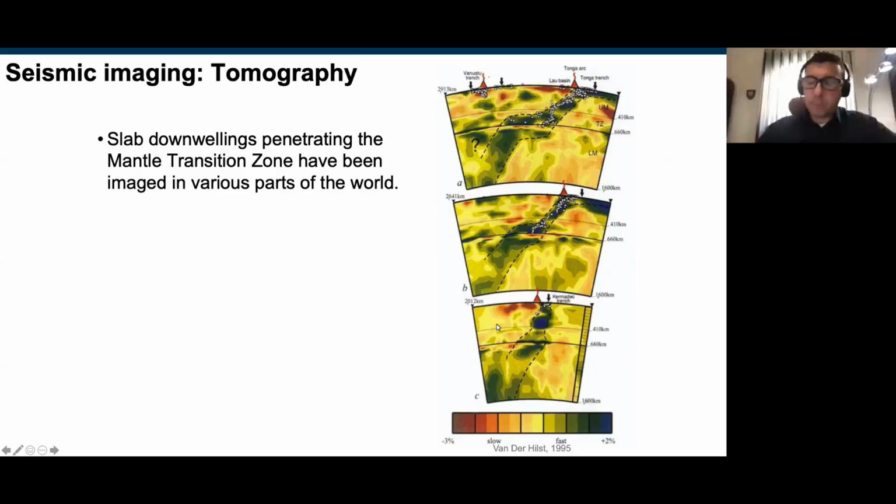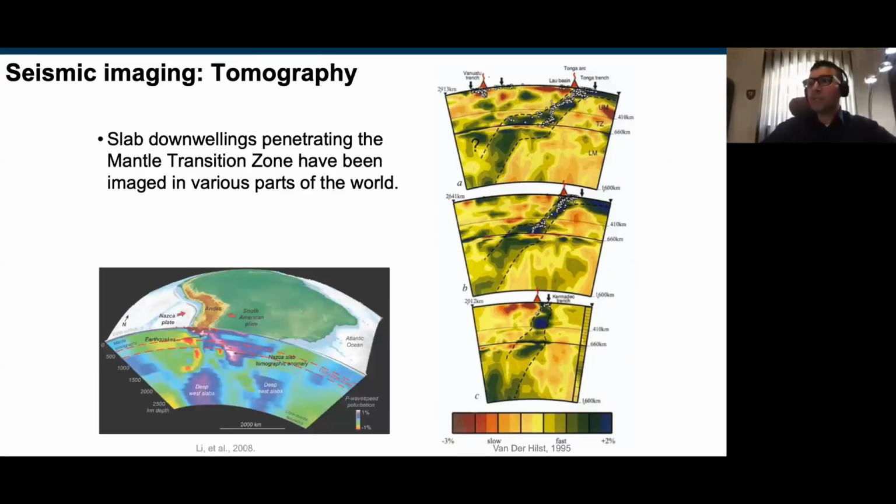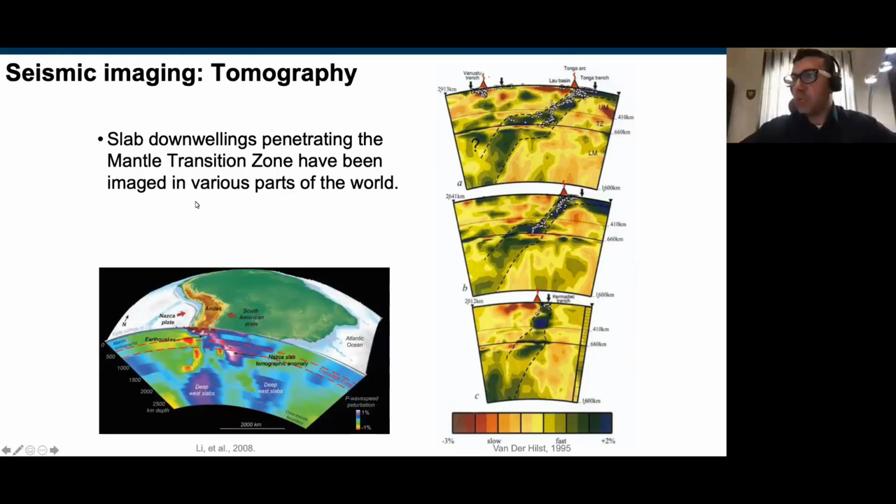Now, this is from 1995. As years go by, we have much more data, we have nicer images. This is for the Nazca plate and the South American plate. We can see that the slab is actually penetrating the mantle transition zone. And probably there are some remnant deep slabs which are stuck in the lower mantle. Then over the years, this is from